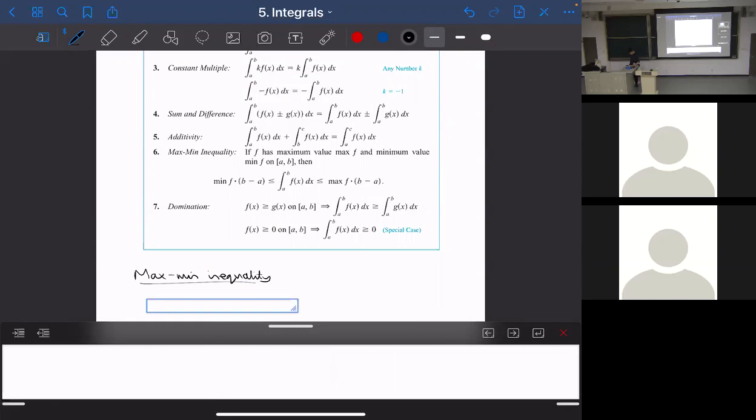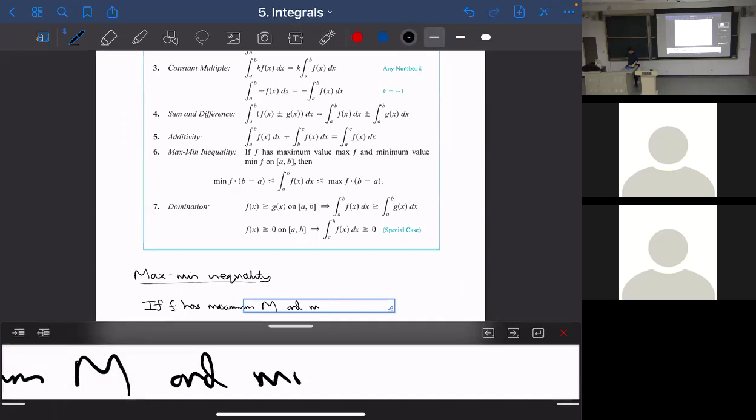So let's say something about it. So if f has maximum M, big M, and minimum little m